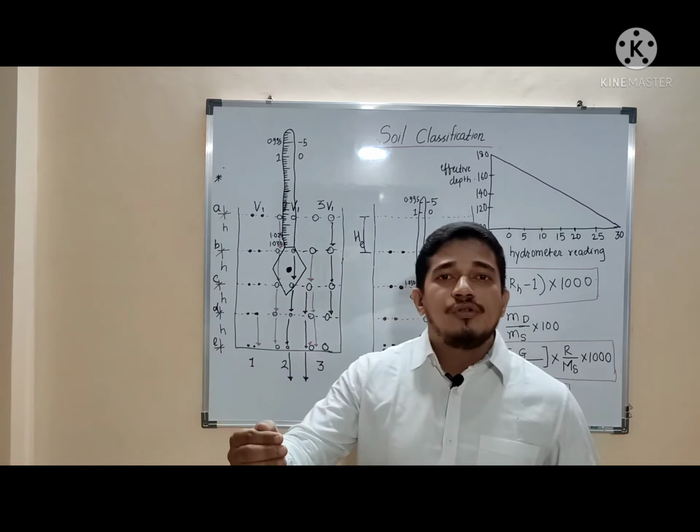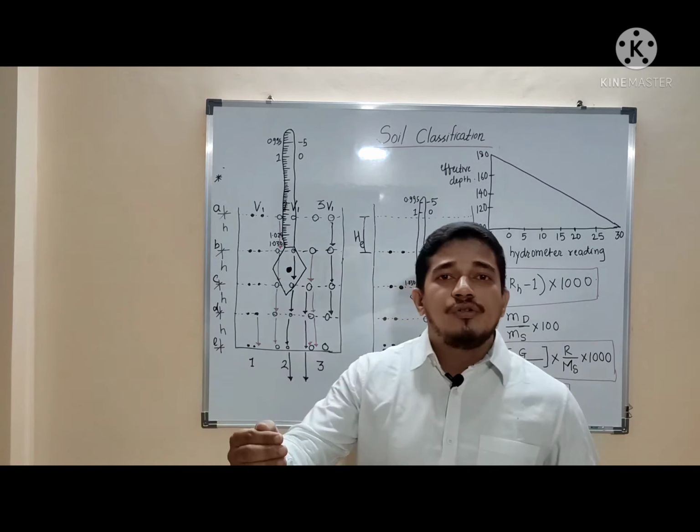But suppose there are different particles at the same level, maybe they are larger or maybe they are smaller. Depending on that, they will travel with a certain velocity and cover a certain distance. Because of this, some soil particles will remain at a certain height and other particles may have settled in that time t. Depending on this, we have developed the hydrometer method.